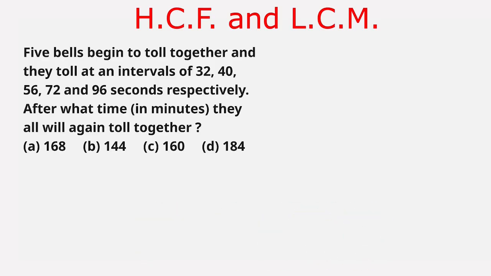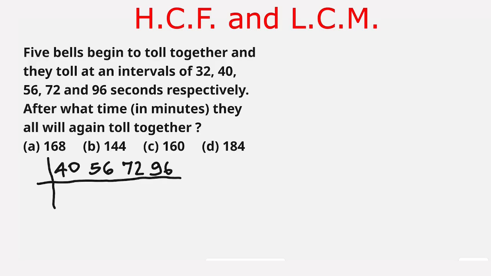We have to first find the LCM of 32, 40, 56, 72 and 96 seconds. On observing these numbers, 32 times 3 is 96. So 32 is already included in 96, and now we will find the LCM of 40, 56, 72 and 96. On observing these numbers, 8 is common in all of them, so we divide these numbers